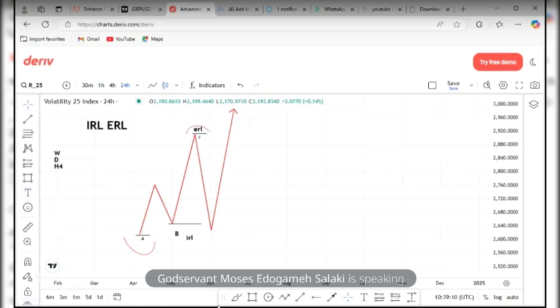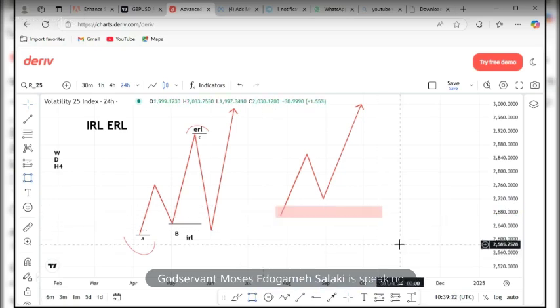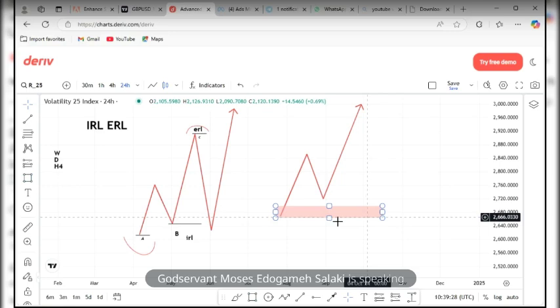So ordinarily, if I'm having price give me this, and then I know this is my zone I want to look at for entry, what I want to see is this formation at this zone. So price will come, take out internal range liquidity, and then we get entry around this zone to capture external